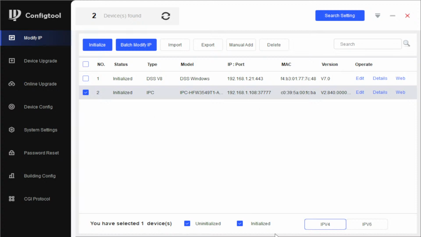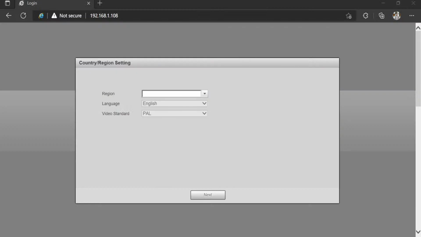Next, we would like to discuss the camera configuration through the web browser. Through the web browser, you can also check, reset, and modify those settings. Similarly, here we have our camera IP address, which we have already reset before. And how can we reset our camera? So from here,